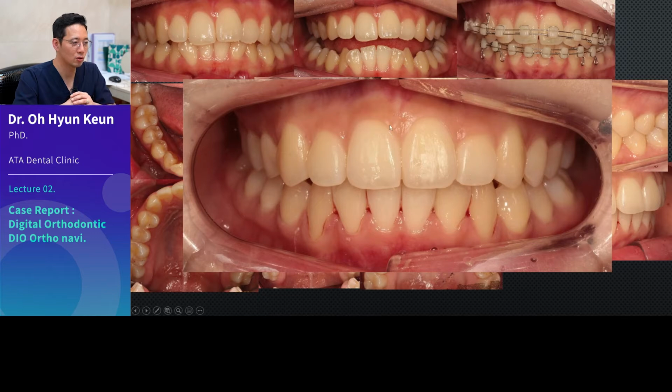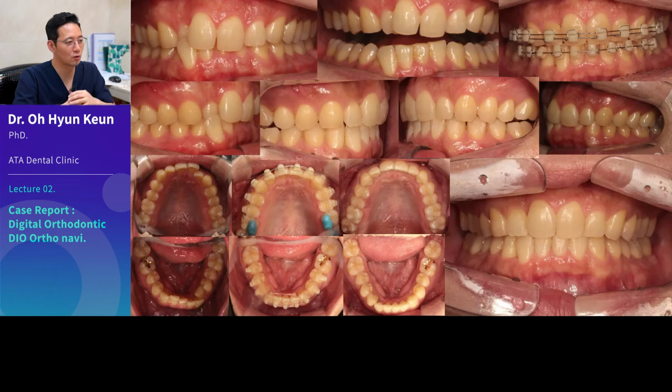In this case, if we did a full brace, it would have taken much longer. This patient was an artist for the entertainment industry, and we needed to finish treatment quickly before some sort of program she had to attend. I asked if it would be okay to place a brace outside because a full brace will take a longer time. And she okayed it, but wanted to be as fast as possible. So we decided to focus on anterior rather than posterior, and this is the result.